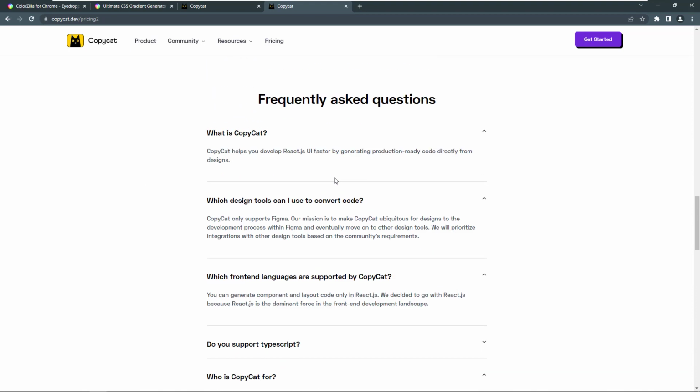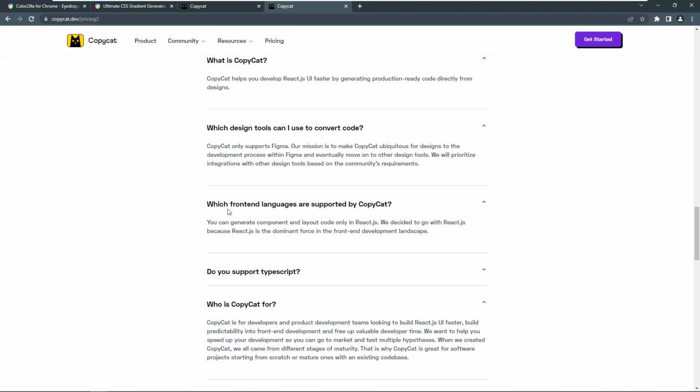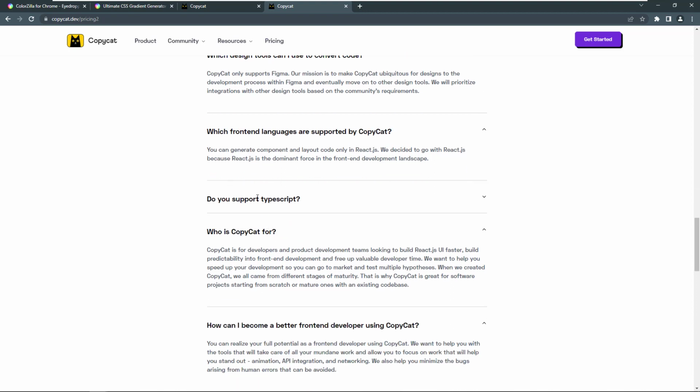CopyCat helps you develop React.js UI faster by generating production-ready code directly from designs. Which front-end languages are supported by CopyCat? You can generate component and layout code only in React.js. We decided to go with React.js because React.js is the dominant force in the front-end development landscape. They do support TypeScript,